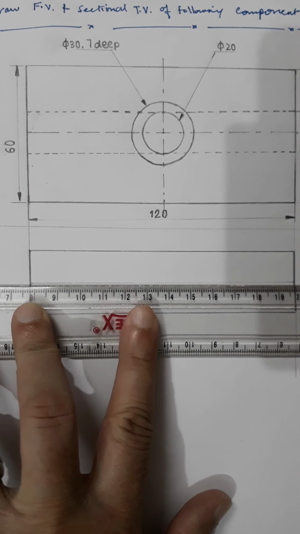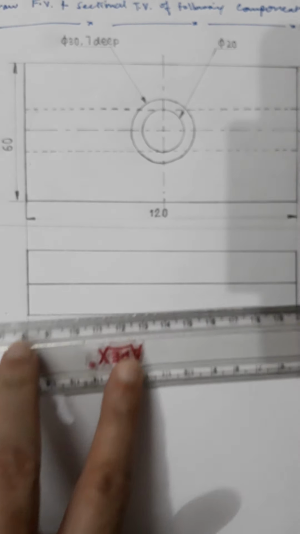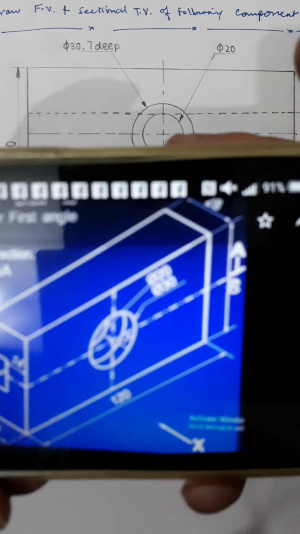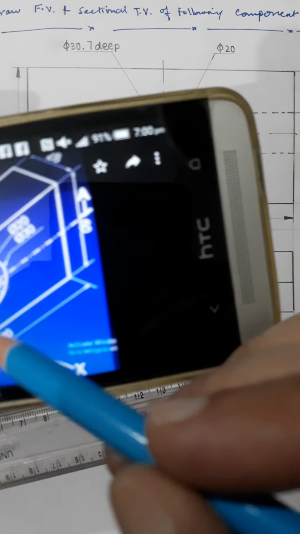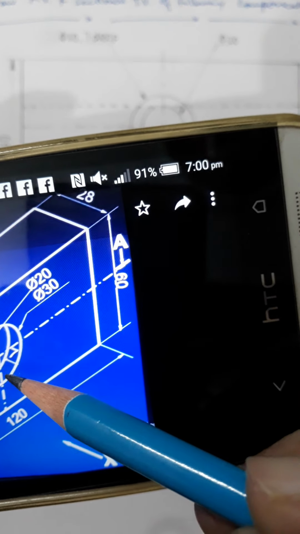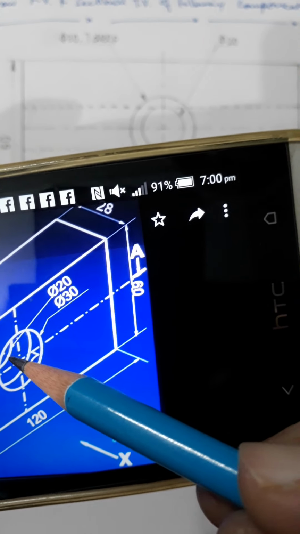Now what can you see? In this 14 mm slot there are two holes. One is dia 20 and the other is dia 30, and the depth is 7 mm each. It is given 7 mm for 30 and 7 mm for 20. So total is 14. It is again going to be projected.